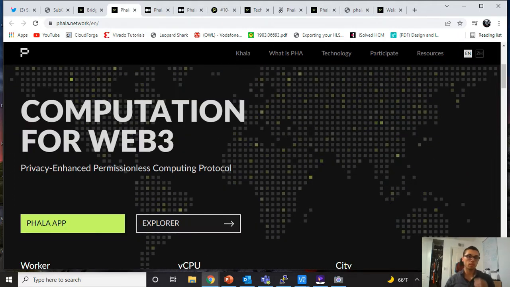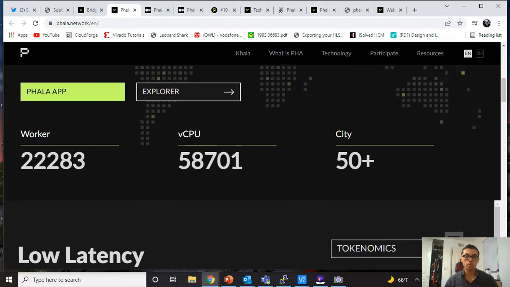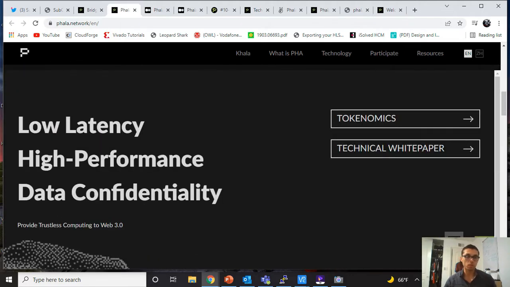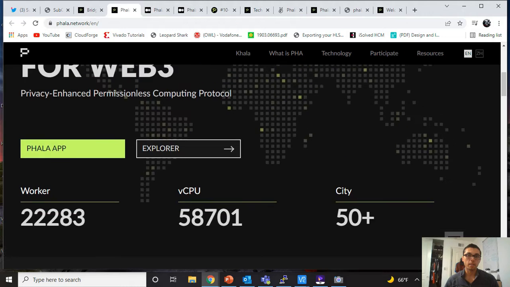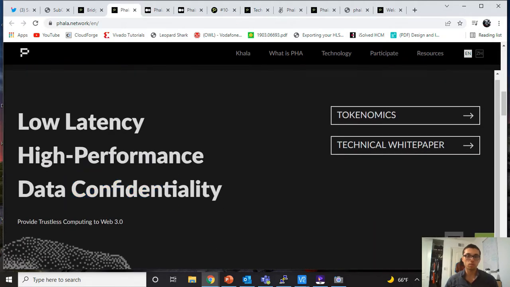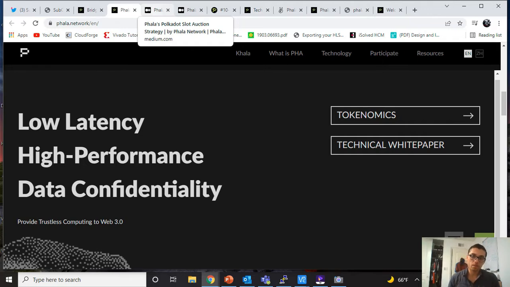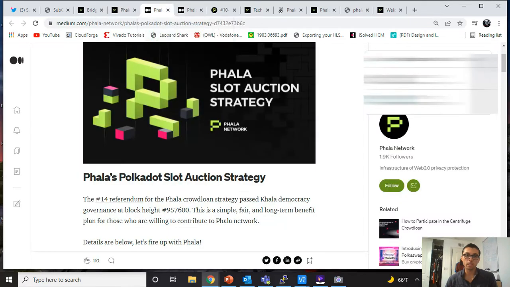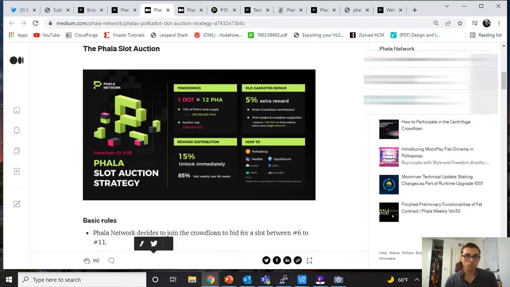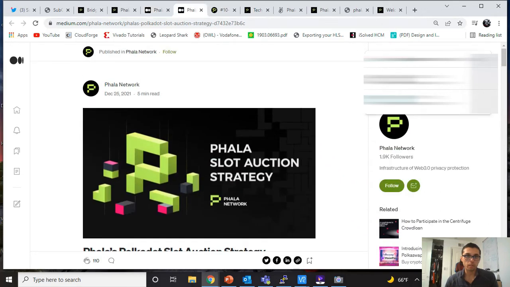Okay, so what is PhalaNetwork doing? They really emphasize this privacy-enhanced permissionless computing aspect of things, where things can be encrypted from the protocol down to the hardware level. So that's what they say here: low-level, high-performance data confidentiality, and it's really on the lowest level. They're just running processes inside of what's called a trusted execution environment that is available on, I think, a few Intel CPUs, and I think ARM maybe. They give a list somewhere, I forget, but we can go through that definition in just a second. I think I have that highlighted somewhere.